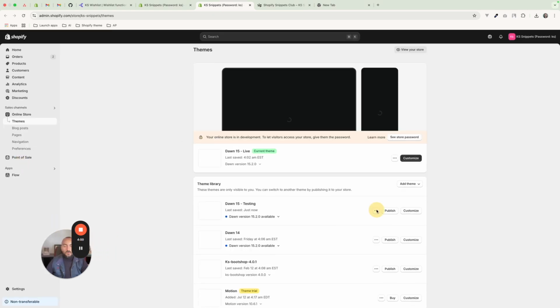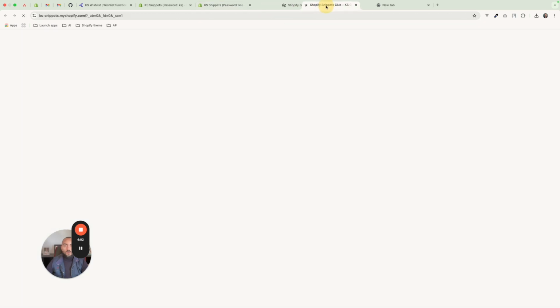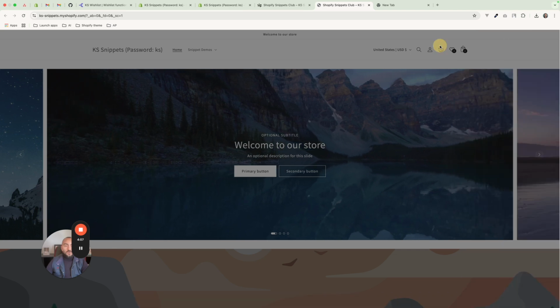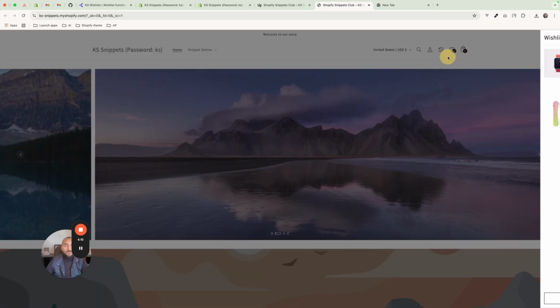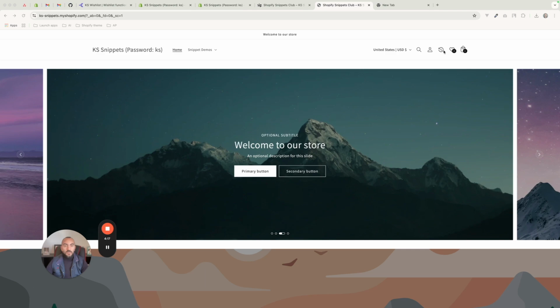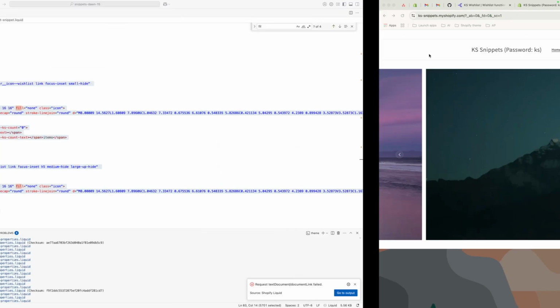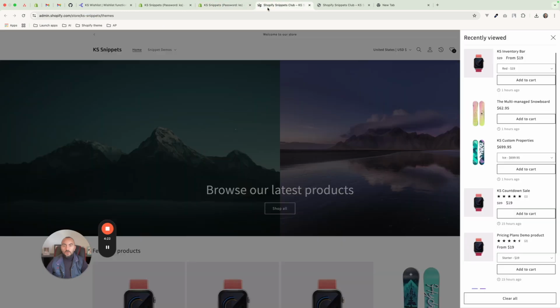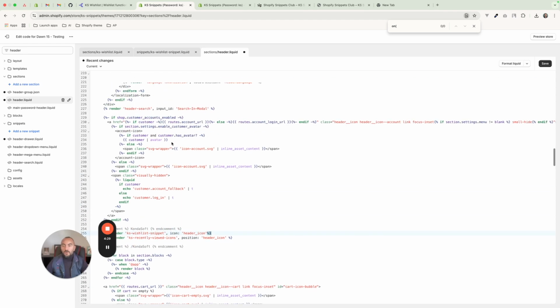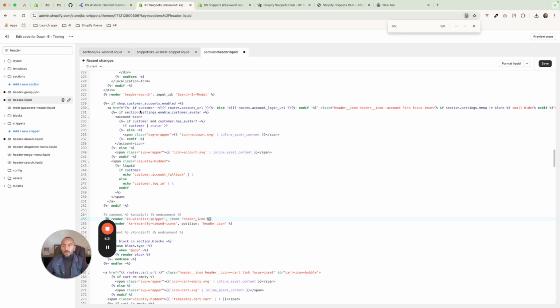So if you open our theme, we should see here the wishlist icon showing up correctly on the header. For example, if you want a different position for the wishlist and show it, for example, before this icon here, all you have to do is call it before that icon. You can call it here, but also if you prefer to have, for example, before the user's account icon,